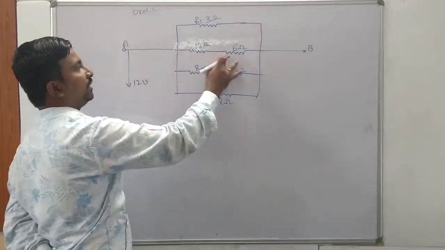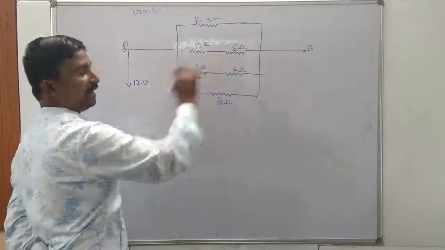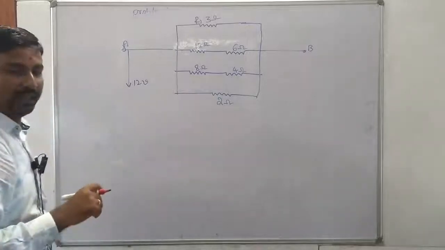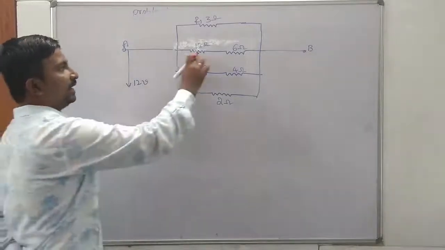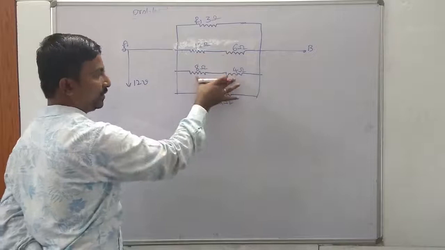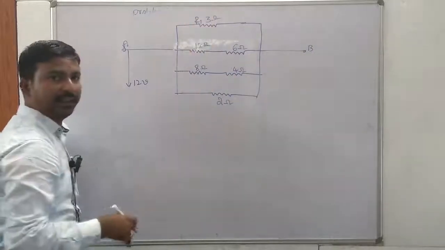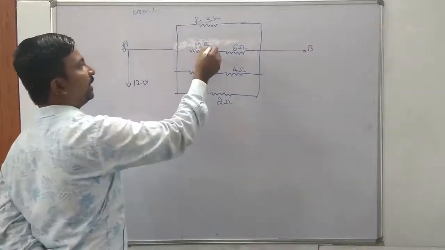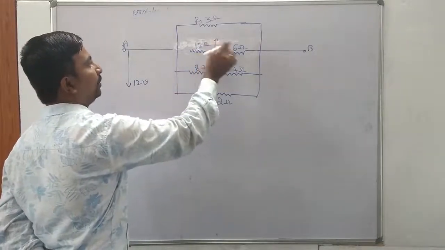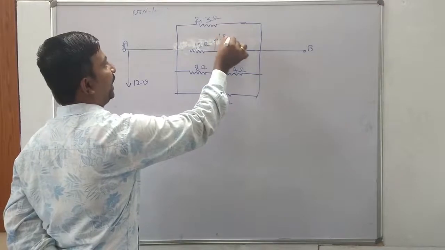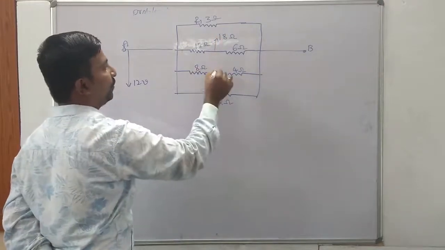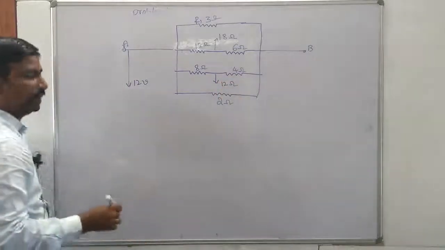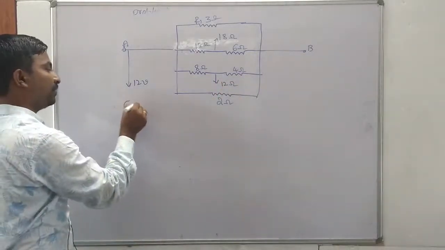First, these two combinations of resistors are connected in series. Therefore, we can find out the effective combination of the resistance. They are in series, so combine this one, then combine this one, and then 4 get connected in parallel. So first, combining these two, it is 12 plus 6, 18 ohm, 8 plus 4, so it is 12 ohm. So given, write down the given values.